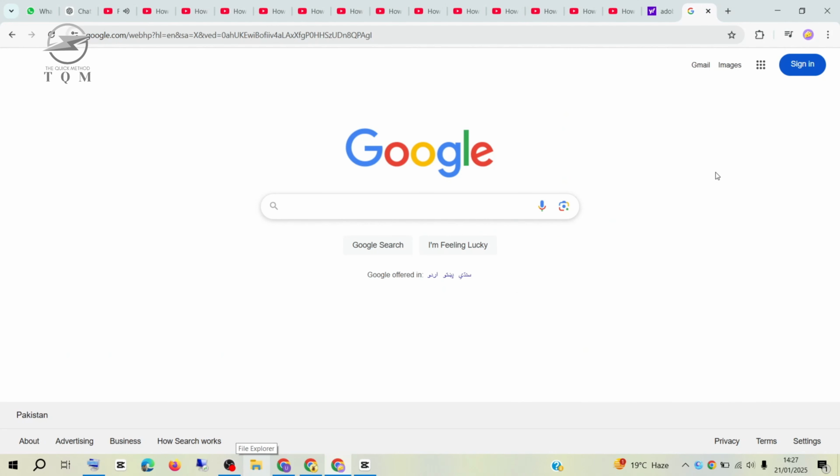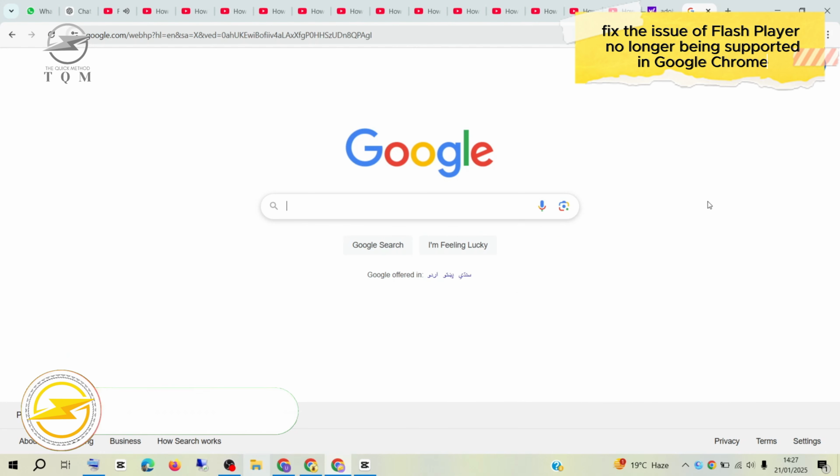In this video, we'll show you how to fix the issue of Flash Player no longer being supported in Google